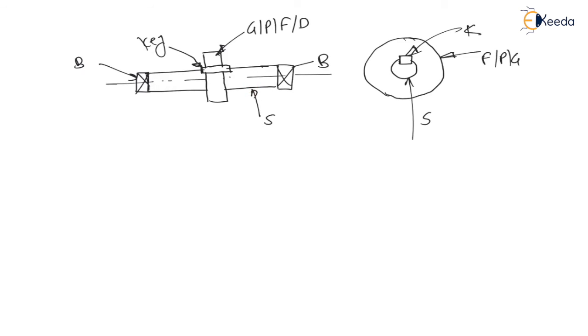Now we have seen all the purposes. The shaft is a rotating element which supports the other elements, which are called gear, pulley, flywheel, or disc. And to connect the shaft with the pulley or flywheel, a key is used. The purpose of the key is to transmit torque from the shaft to the flywheel and to prevent relative motion between them. And bearings are used to support the shafts. The purpose of the bearing is to minimize friction at this location and transfer all the loads on the shaft to the ground. Therefore, the bearing is only a supporting element.